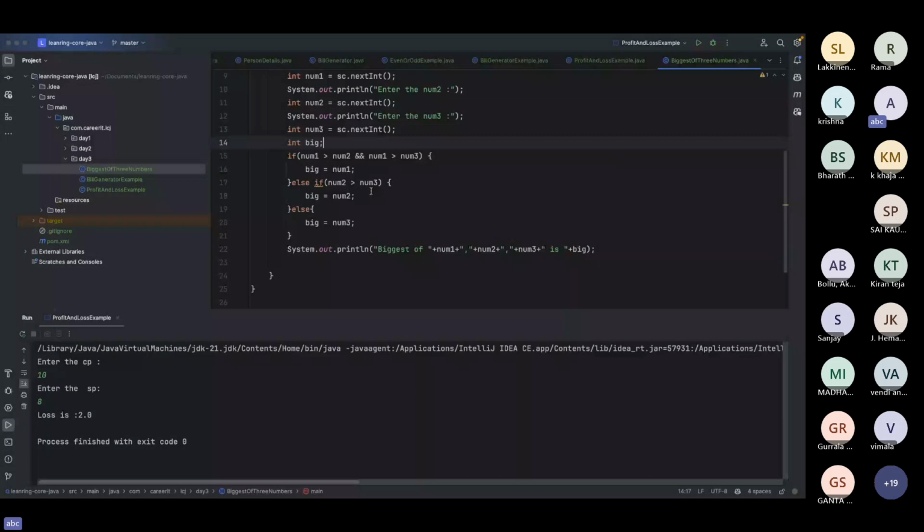If number one is greater than number two, and number one is greater than number three, then we set big equal to number one. If this condition is false, then we check here: else if number two is greater than number three, then we set big equal to this. Otherwise, this is the biggest value. So now if I run this here,